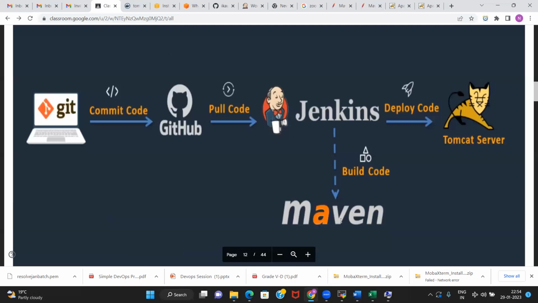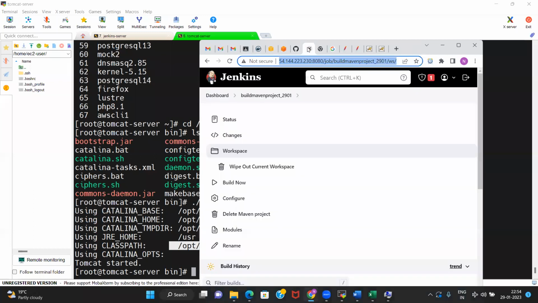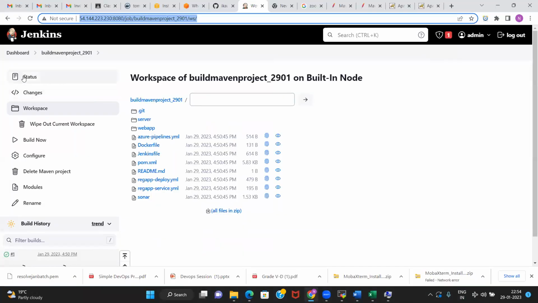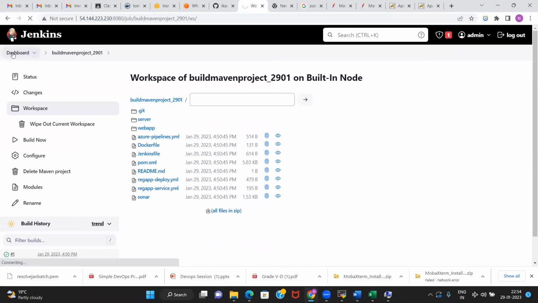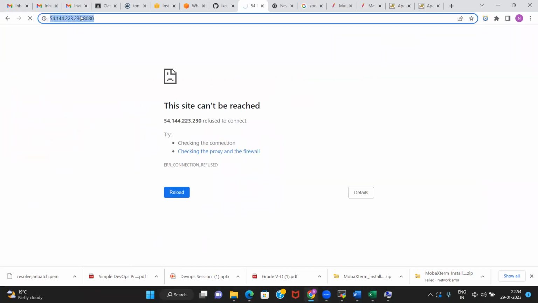So we talked about the continuous thing, right? What we will see further is, as soon as we make a change in the code, in the next session, we will see that automatic build will happen. Currently what we are doing, we are pressing a button, we are running some commands. We are pressing a button here like Build Now. Only then